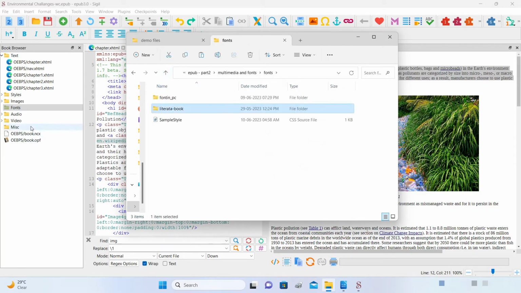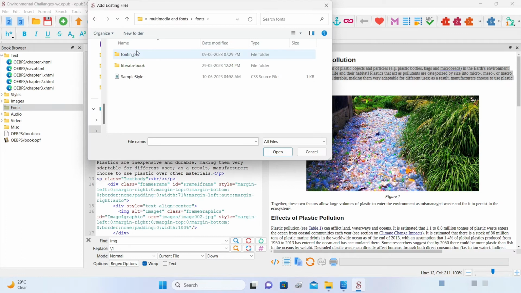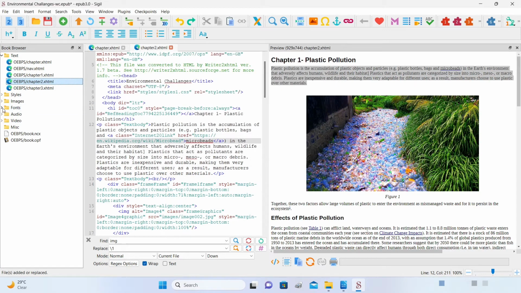So what I'm going to do now is I'm going to come to my fonts folder, right click on it and click on add existing files. And then I'm first going to open my font in PC and click on this and open. So you will see that this font has arrived inside the fonts folder and it is now available to me